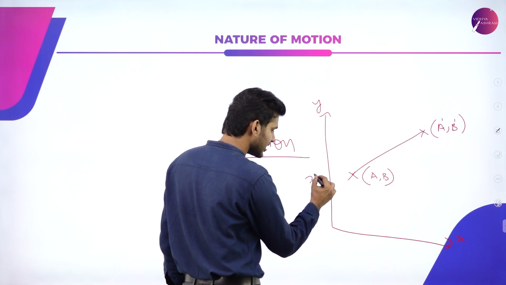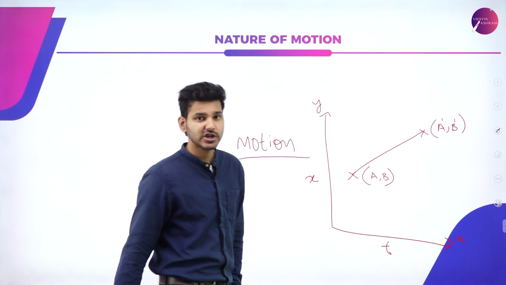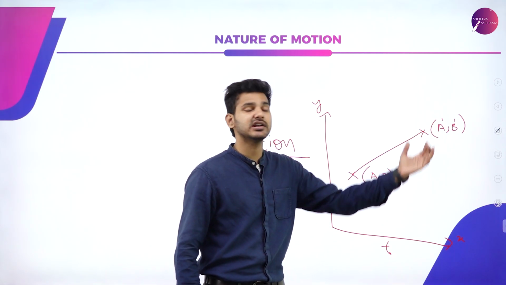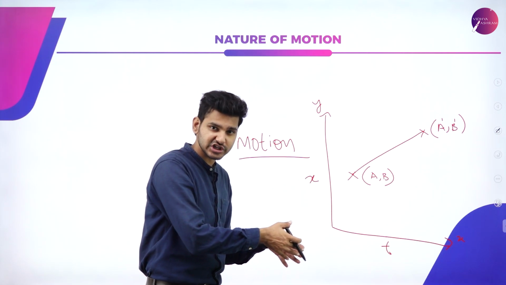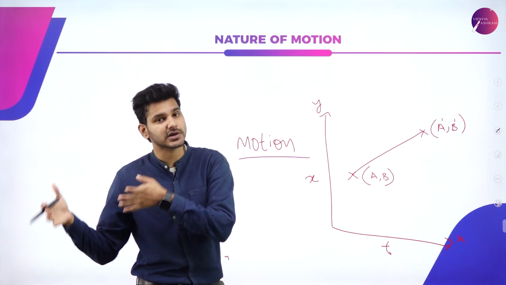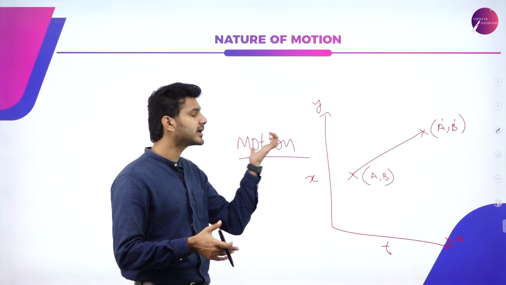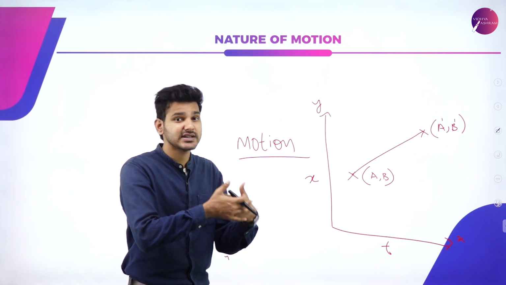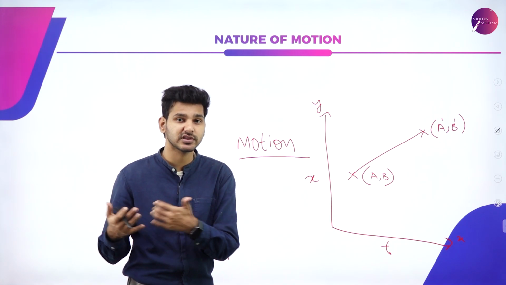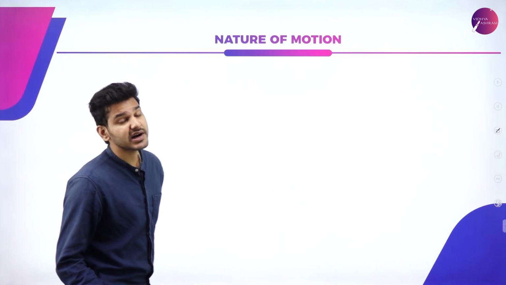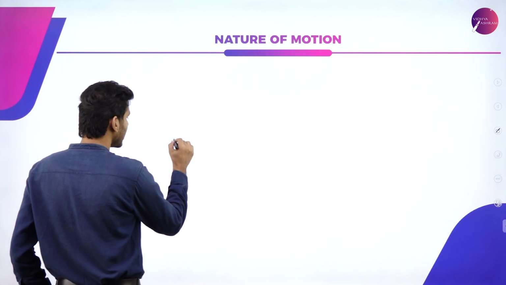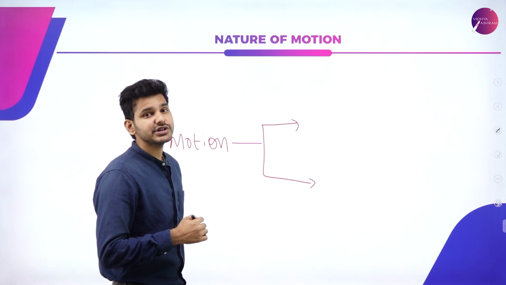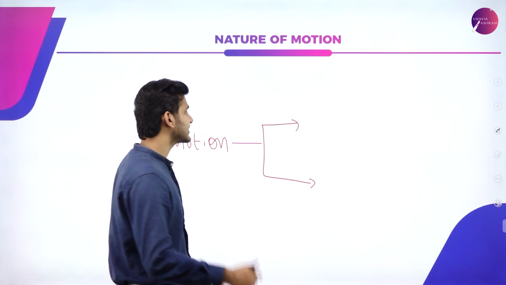So this is a displacement time graph. So we can say that with respect to time, there was a change in displacement. So the initial position of an object changed with respect to time. Then we can say that that particular object is in motion. So movement is just, we can say, a relative change in position with respect to time. Now, what type of motions are there? So we do know that motion cannot be just of one type, which means, so here we are going to learn about the two types of motion, that is uniform